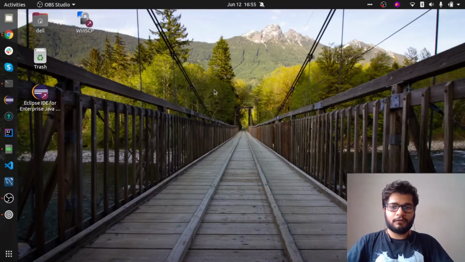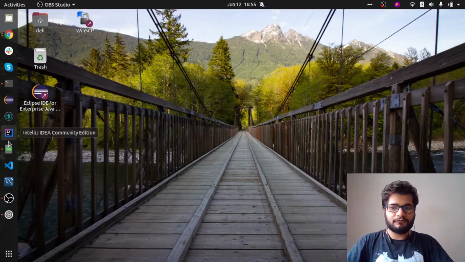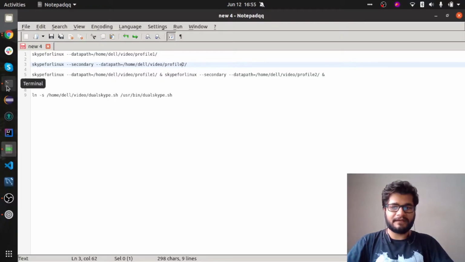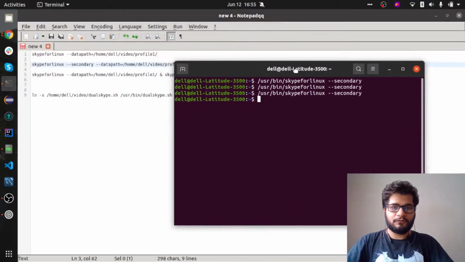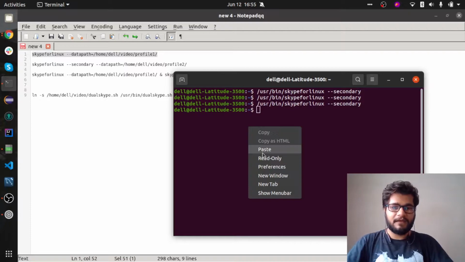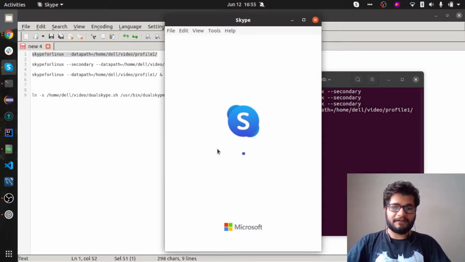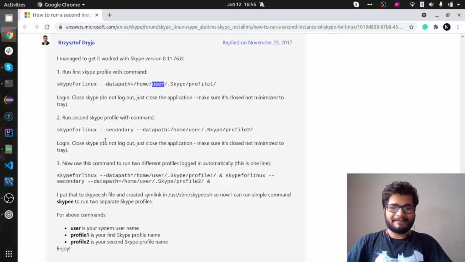So here is the guide, and what we'll do now is follow it one by one. It says to first run this command. This is for the primary Skype. We are providing the argument for the data path that it will have from now on. When I press enter, it will open up the primary Skype. It says to log in and then close Skype.